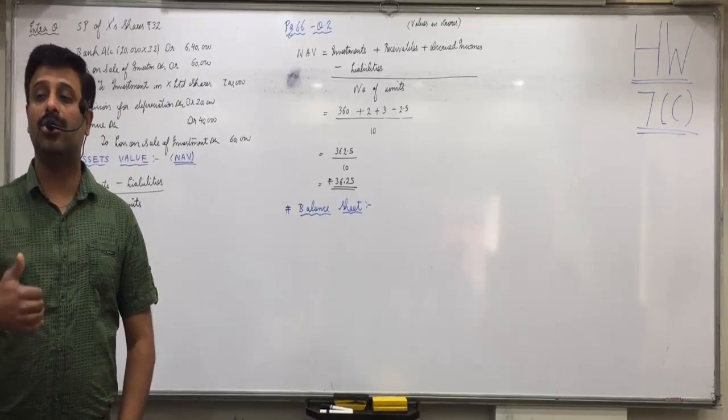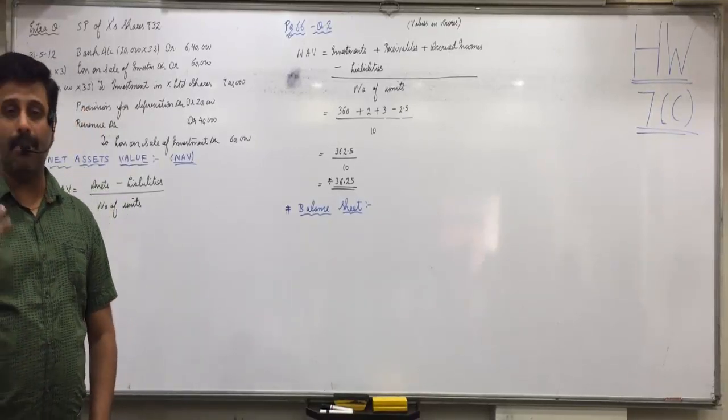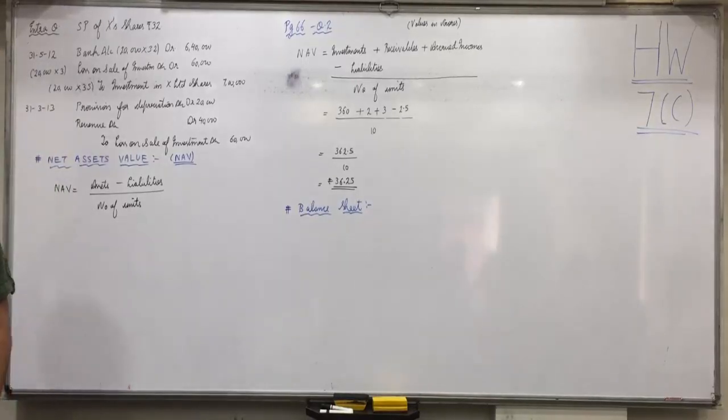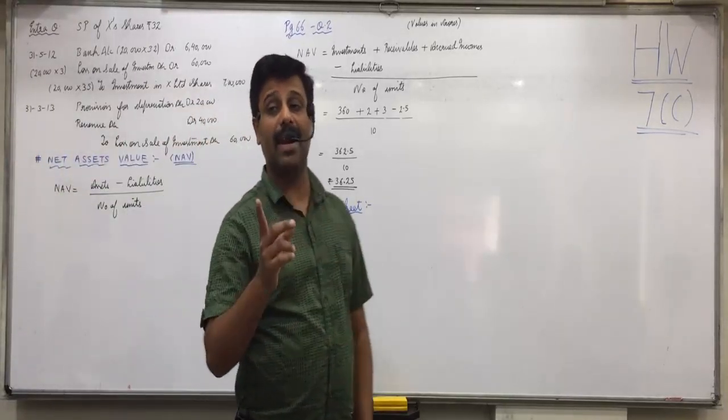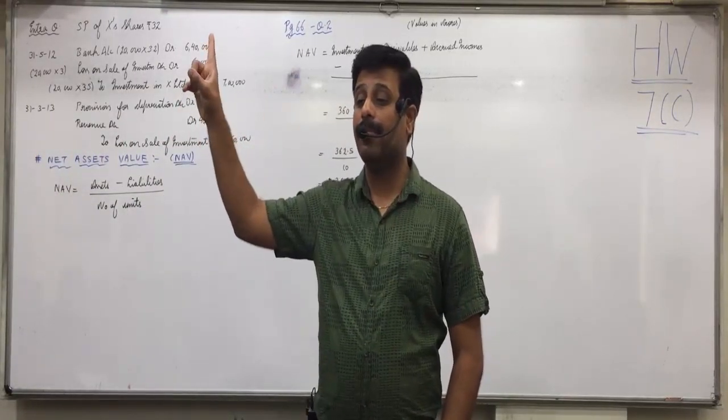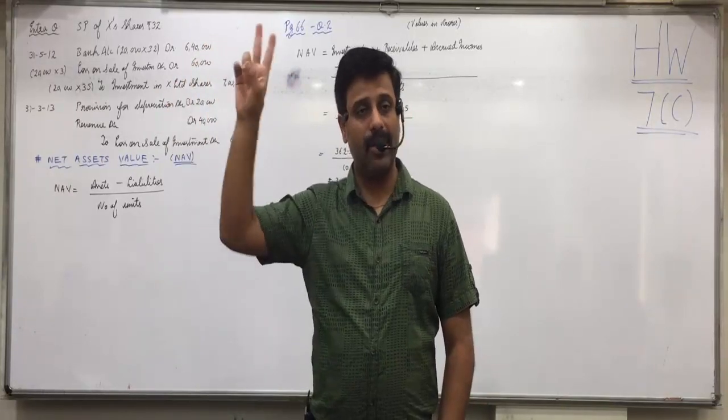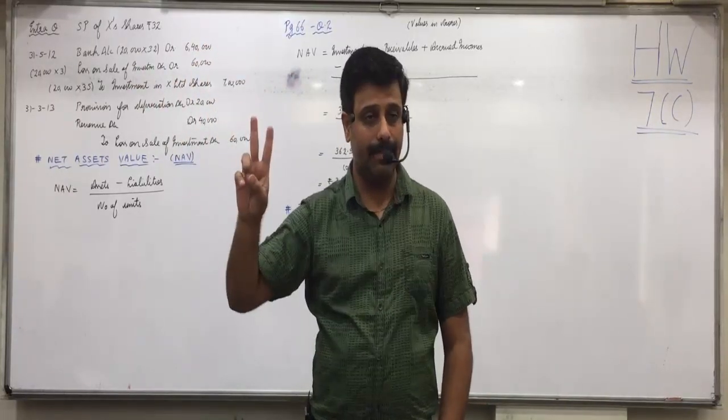Mutual fund issues units, and then with that money accumulated, they may buy shares, they may buy debentures, they may buy liquid funds of Treasury, of Reserve Bank of India or anything. So here we don't have shares issued in the market. What is issued in the market is units. So instead of share capital, what will be the first liability? Unit capital. Then reserves and surplus will remain the same.